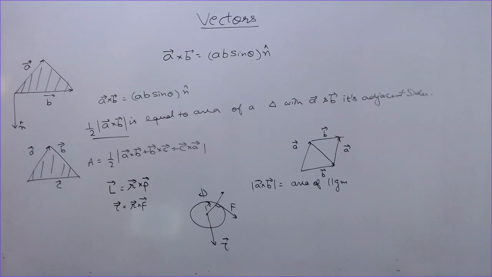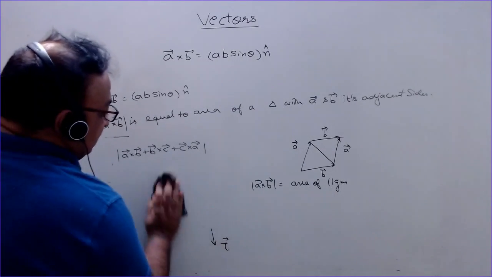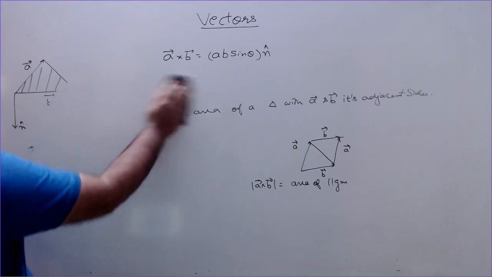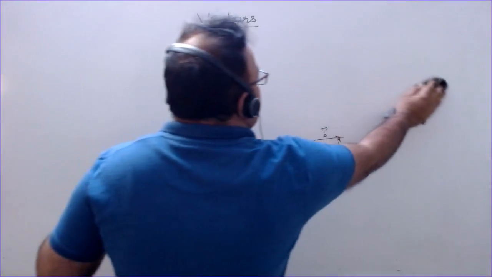So this is how we represent the cross product of two vector quantities. There are numerous such quantities, like v equal to omega cross R, and in case of electrostatics we write tau is equal to P cross E, and M cross B, etc. There are different quantities which can be written like this. Now let us discuss the scalar triple product also.